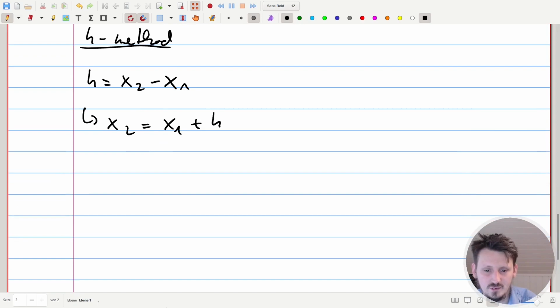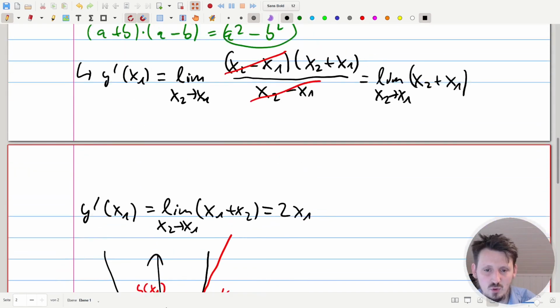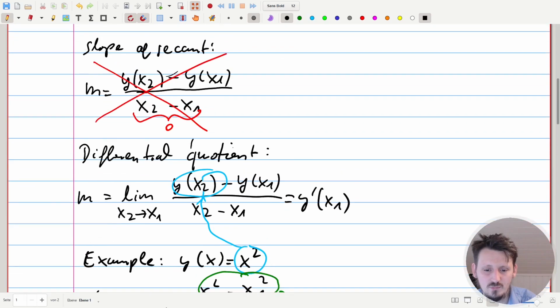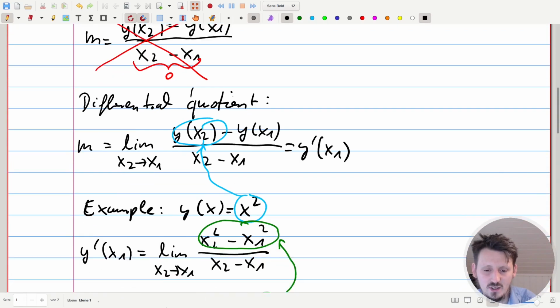And this is now very nice because we can then write our y prime of x1 equal the limit. What we have to insert in this limit, we have to see in the next step. But first we go back to our formula, and now we replace here x2 with x1 plus h,